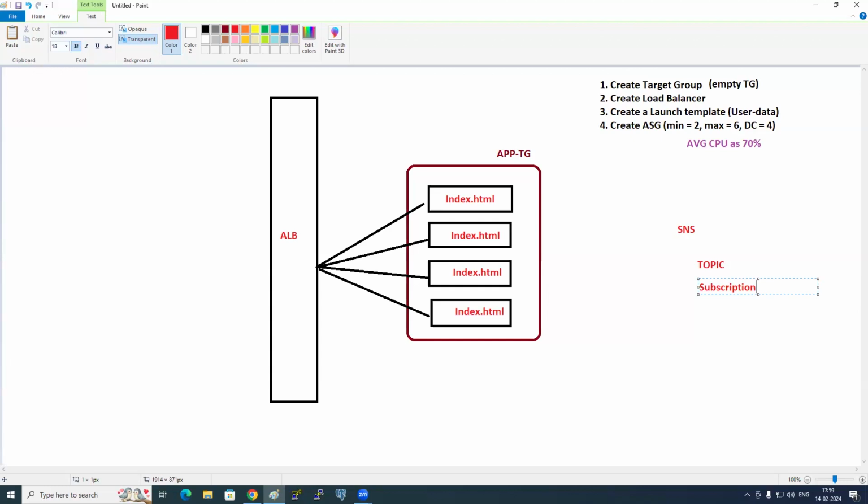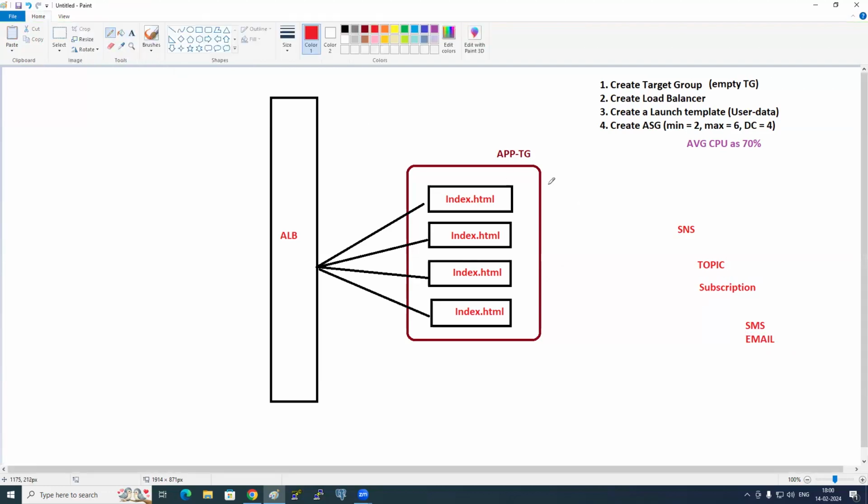If you're interested in receiving notifications, go and subscribe to it. You can subscribe using SMS, and you can get email also. SMS means phone number. So if an auto scaling group scale out happens, in the auto scaling group I have configured the topic. If scale out happens, automatically this topic will trigger,